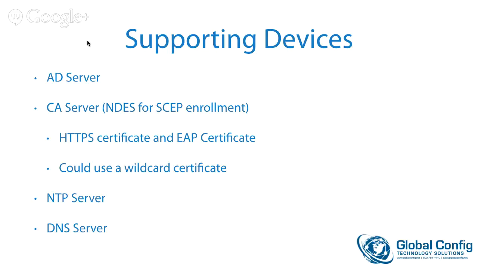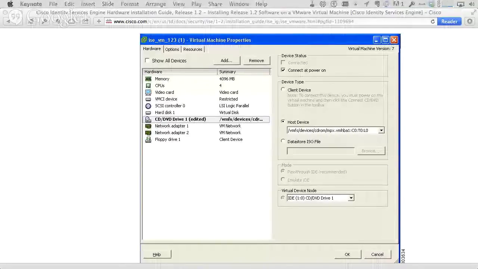Now, as far as CA certificates goes, ISE is going to generate its own certificate. The certificate that ISE is going to generate will be a self-signed certificate, and it's not going to be trusted by your everyday browser. So what you're probably going to want to do is go get a certificate from a trusted third party. And so you can go out to any number of third parties out there. You could go out to DigiCert, which is one that I like. I've had a lot of customers work with GoDaddy,